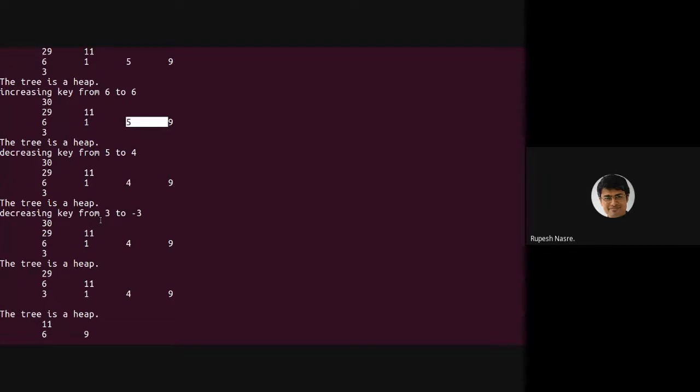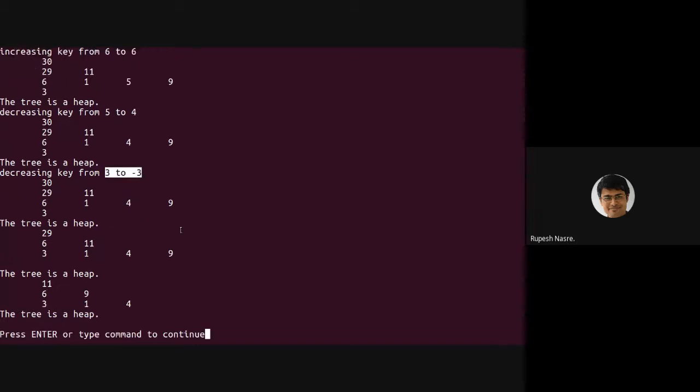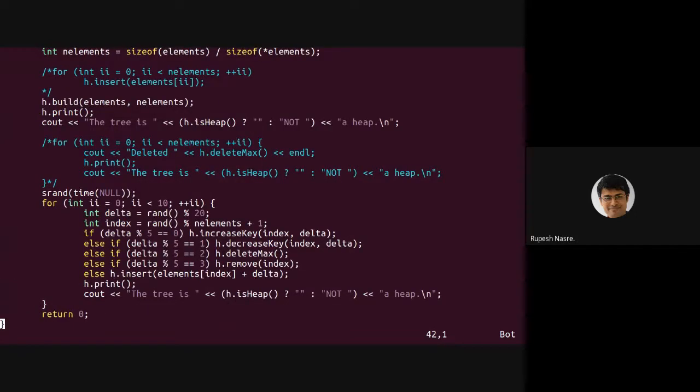Okay, this I didn't understand, but I think we'll have to check the decrease key here. Finally, those operations I think we'll have to look at, but at least as far as insert and remove are concerned, that is exactly happening the way we have studied on the slide.